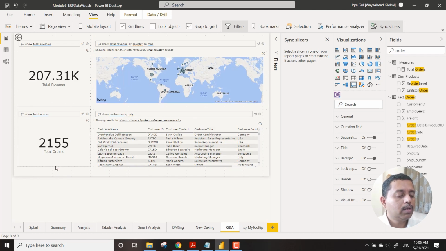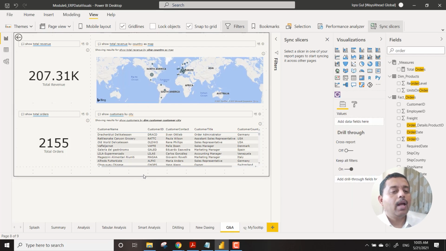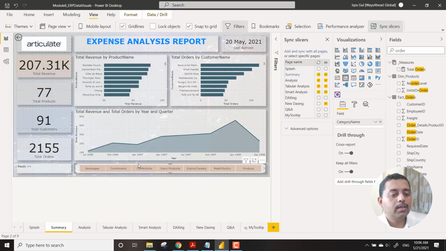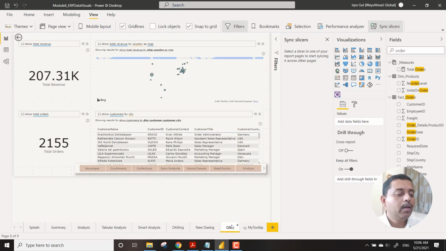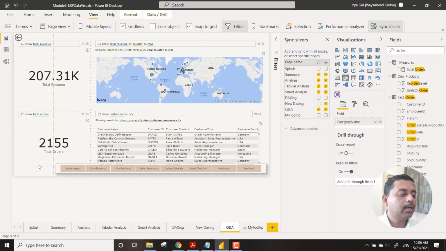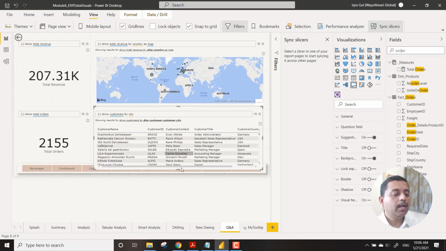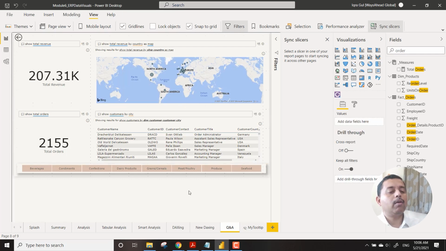So we bring it over here, and we wanted to bring the slicer. Now we go to summary, click on this, and we see that Q&A needs to also have the same slicer. So I bring in the slicer and automatically it is getting synchronized. If you now go to Q&A, you will see that your slicer is already visible over here. So bringing slicers from one place to another is a very easy task when you come with the Power BI visuals.